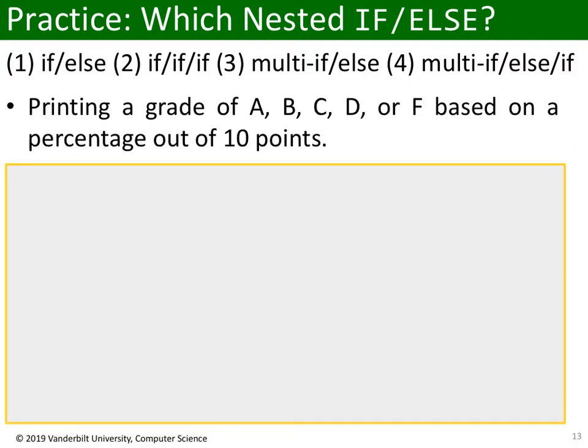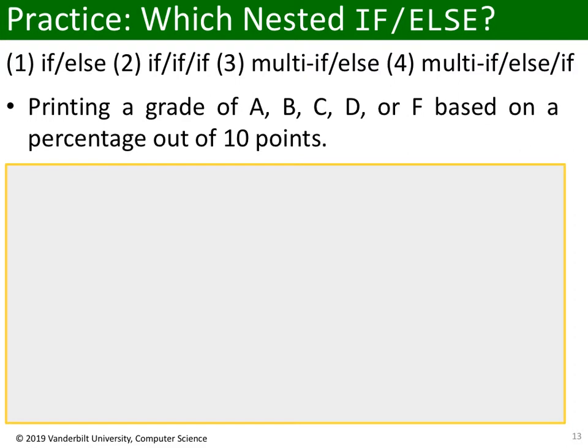Now consider a situation in which you're trying to print the grade A, B, C, D, or F based on percentage out of 10 points. Which of these would you use? If else, independent if, multi if else, or multi if else if? Well, I would go with a multi if else. The reason is